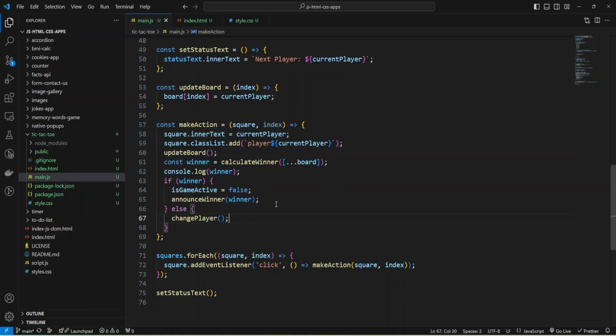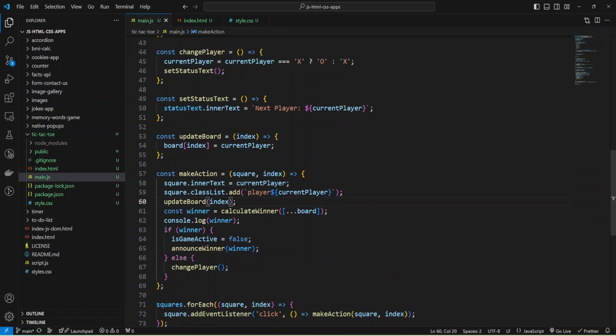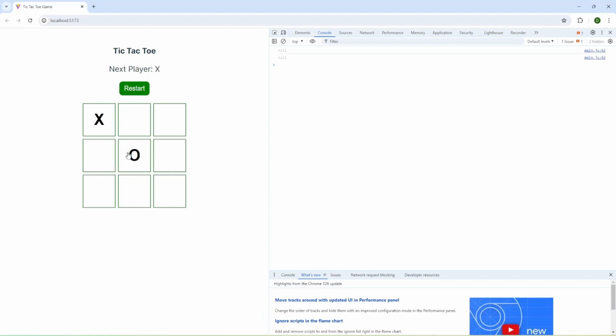Let's check our code. We have a winner, but we forgot to pass index. Okay, and let's check again. I'm going to refresh it and make some winner. Okay, and we have our winner, and we can play again. And we need to fix it, but let's check that we have a winner. Okay, the status was changed, and now we can adjust the restart button and fix this error so that we can continue the game.